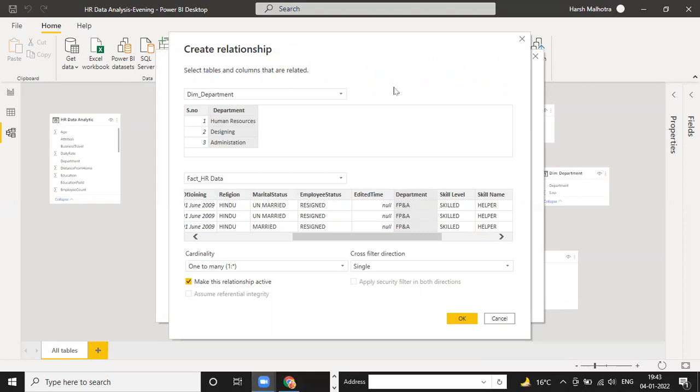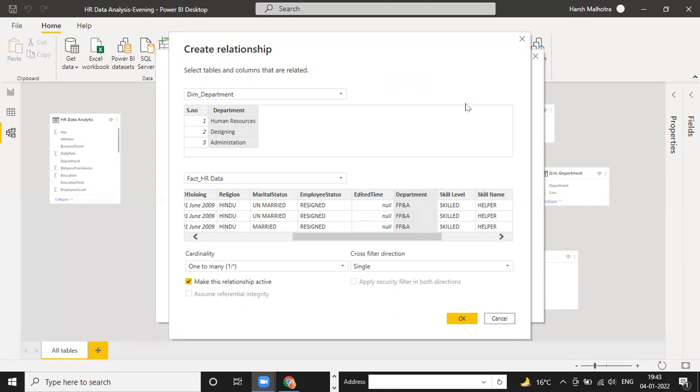Yeah, tell one by one. In the dimension table, we have only unique values. Right. And in the fact table, we have multiple values, so we can create the one to many relation. So always from dimension to fact, the relationship should be one to many.